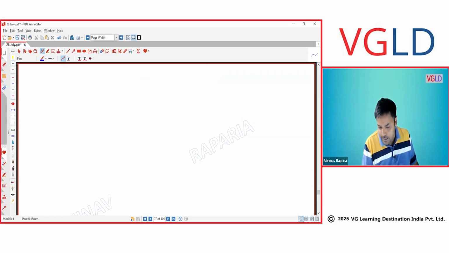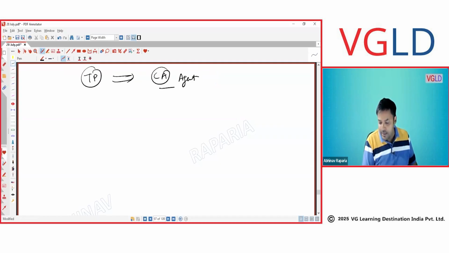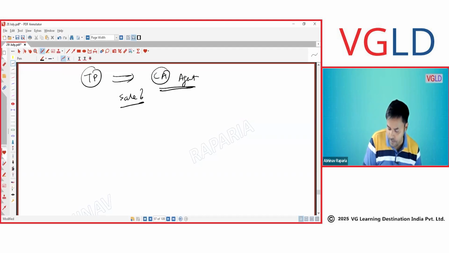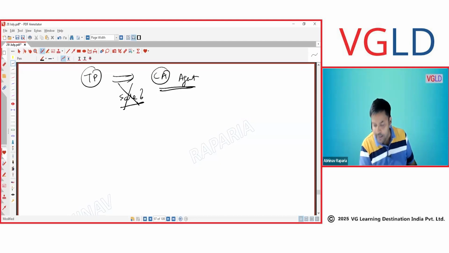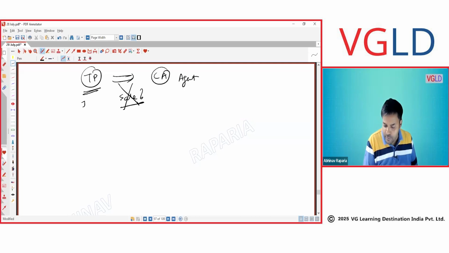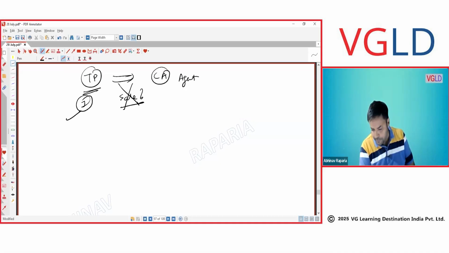Taxpayer has sent the material to a consignment agent. When you send your inventory to the consignment agent, do you book the sale? You don't book the sale when you send to your consignment agent. It is still your inventory. The person is just acting as an agent only. This is the inventory of the taxpayer only. Is my point clear?